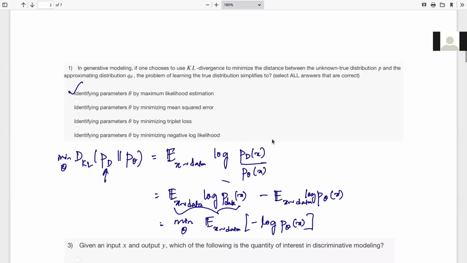So let's look at mathematically what it means. The aim is to find the theta which minimizes the KL divergence between the true distribution P of t and the approximated distribution P of theta, which is parameterized by this theta. The KL divergence is computed as an expectation over x drawn from P of t. We do not know the underlying distribution P of t, so we will look at the training data which is available to us. So the expectation of log of P of t given P of theta,